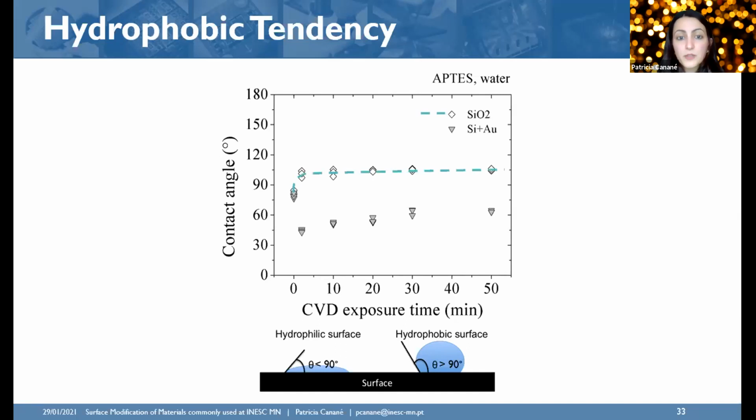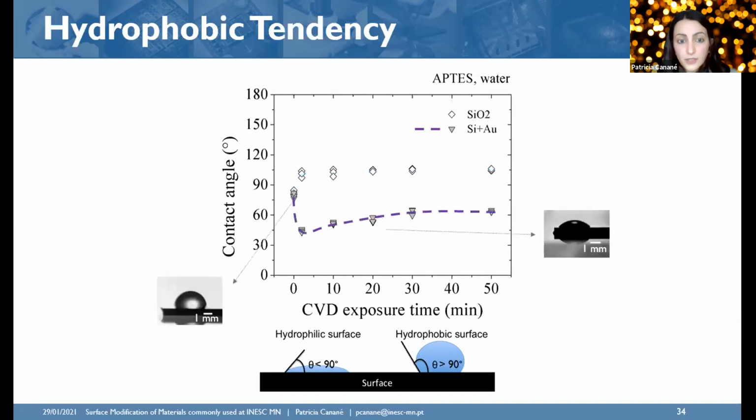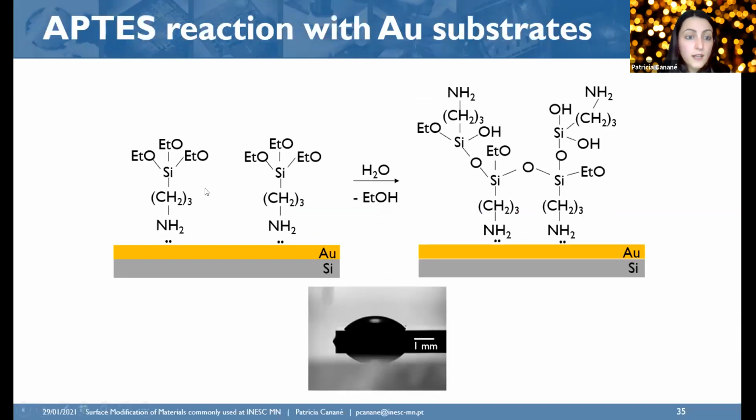After exposure to APTS, we can see that silicon dioxide suffered an increase in contact angle. This is the same logic as the one previously for HMDS. What happened was the establishment of a covalent bond. As for gold thin films, we observed a decrease in contact angle, and this was not expected because in the literature, normally what happens is that APTS establishes an electrostatic interaction with gold thin films, exposing the ethoxy groups that would lead to an increasing contact angle.